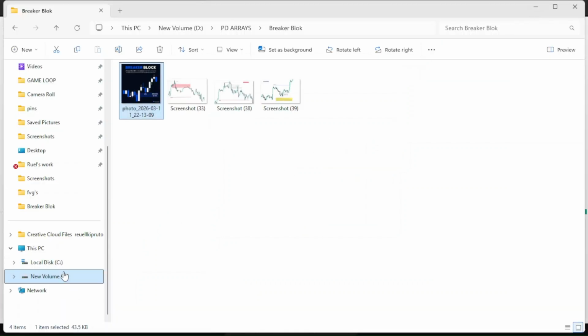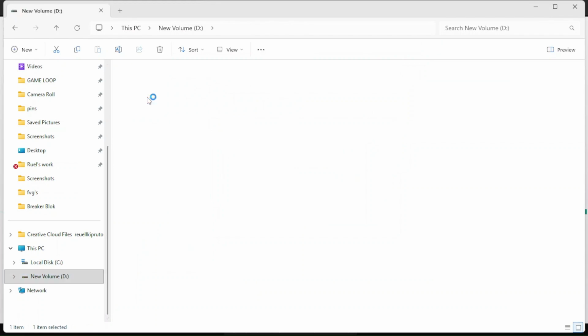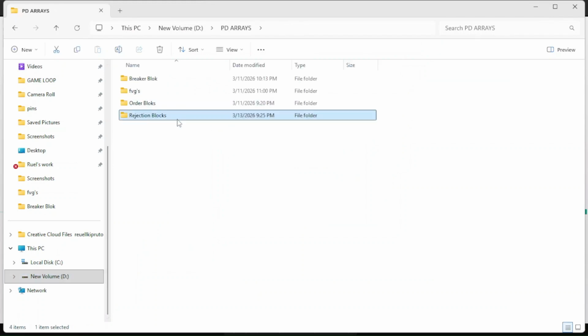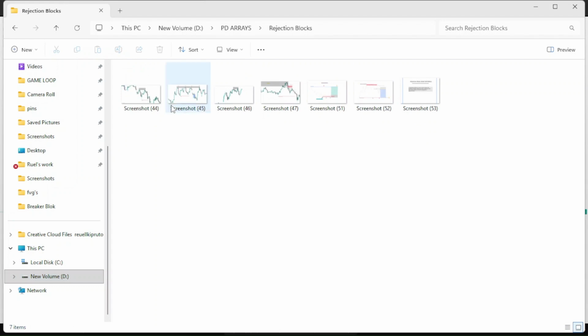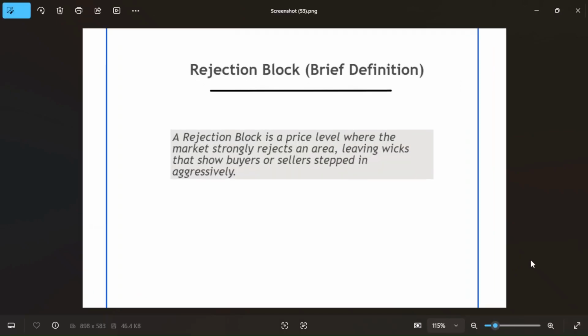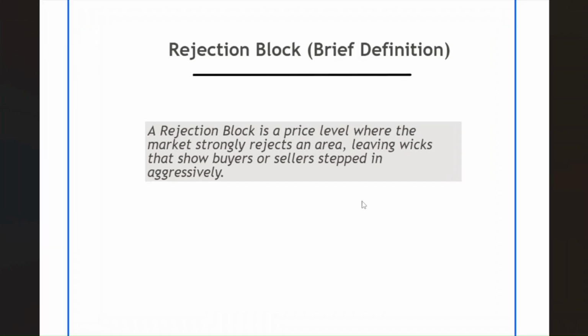All right, so the last one is I want to take you guys through a rejection. So what are rejection blocks? Let's see what rejection blocks are. There we go. Rejection blocks. So think of rejection blocks as support. Actually, it's just as simple as that. So what is a rejection block? It's a brief definition. A rejection block is a